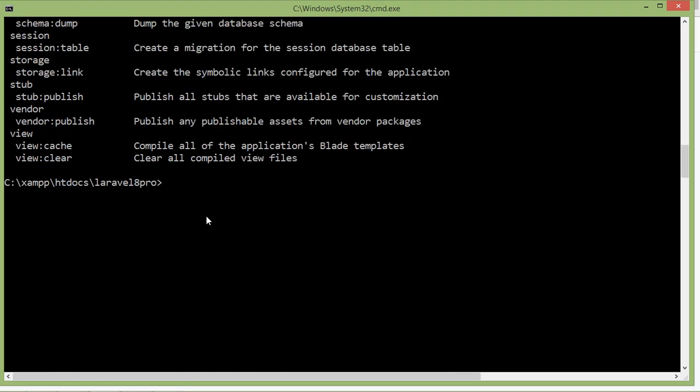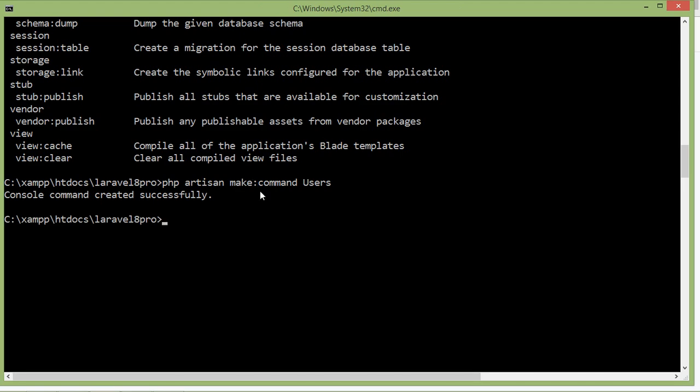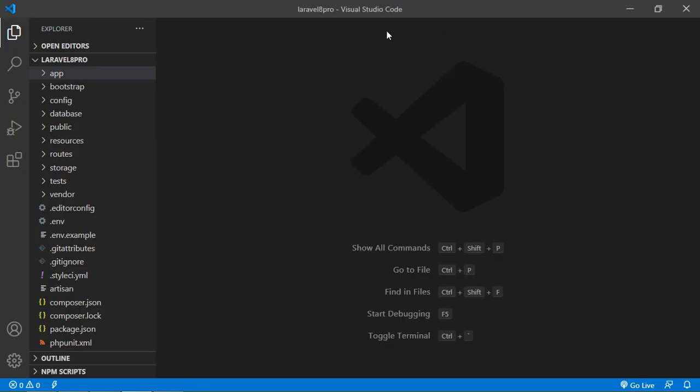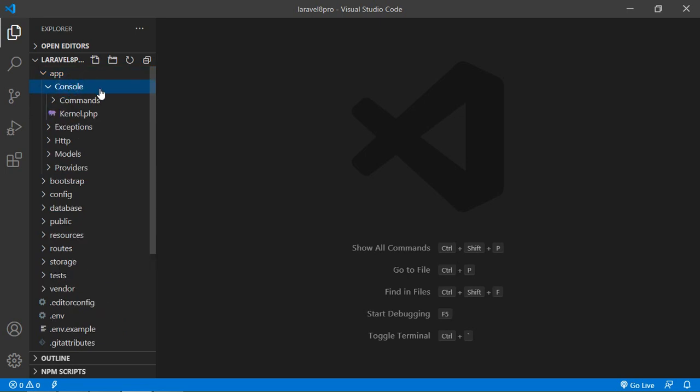For creating a custom command, just type the command php artisan make:command followed by the command name. Let's say the command name is users. Okay, and now press enter. Command created. Now switch to the project and go inside the app directory, then Console, then Commands, and here you can see the users command.